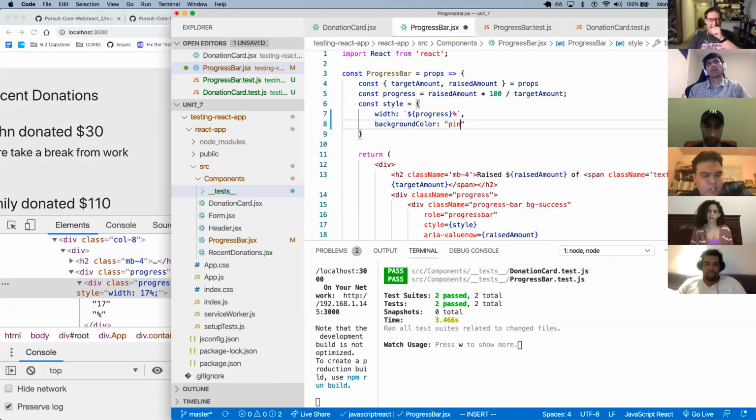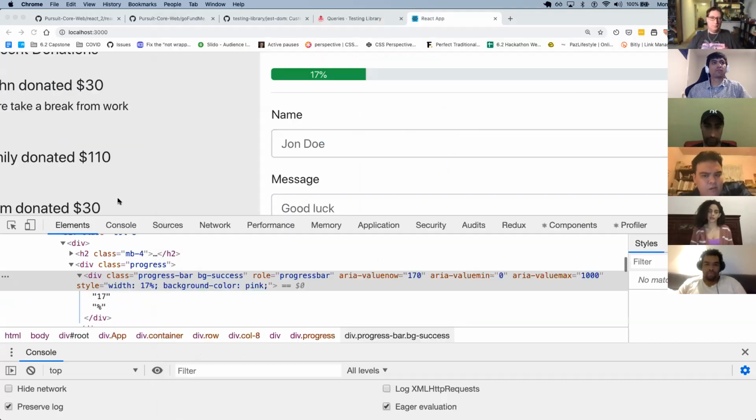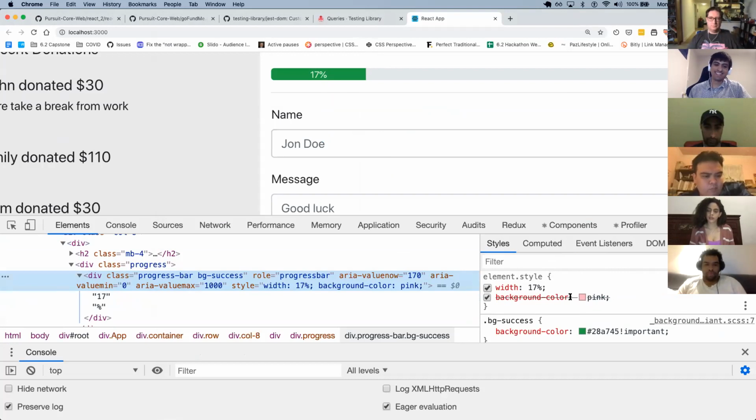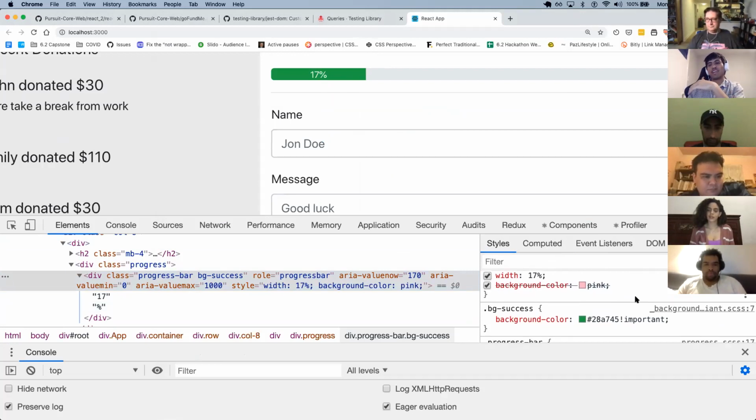Pink. Yeah, we see it there, background color pink. And this was what gave me a lot of trouble when I was doing my capstone project